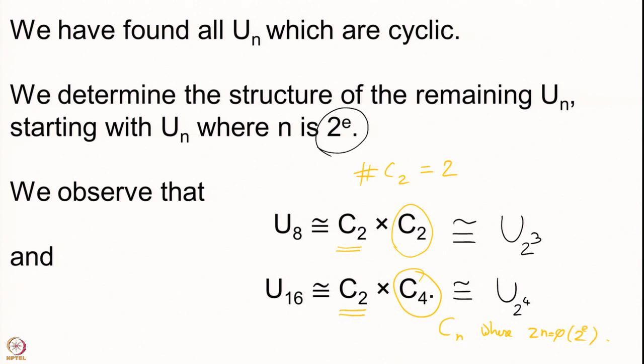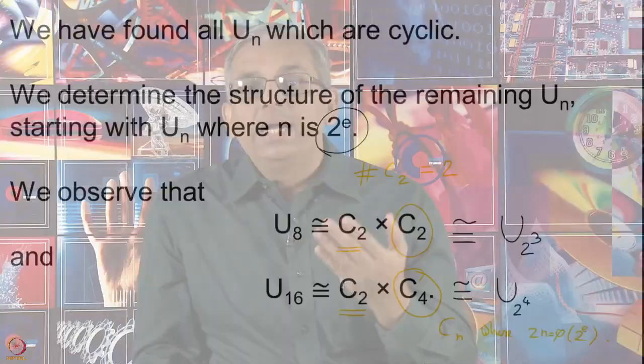So, this is what we would like to show. We would like to show that when you are looking at n equal to a power of 2, then the group of units is almost a cyclic group, which is to say that it is not really cyclic, but it is a product of 2 cyclic groups, one of them being of order 2. So, up to a sign, in fact we will show that it is a cyclic group.